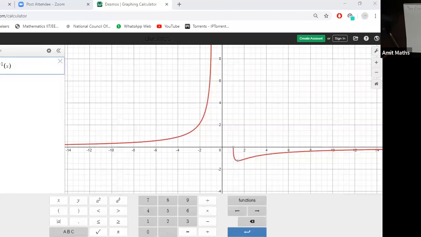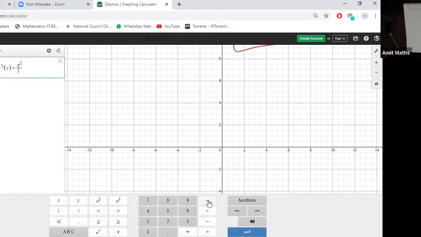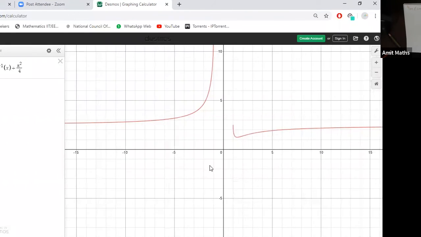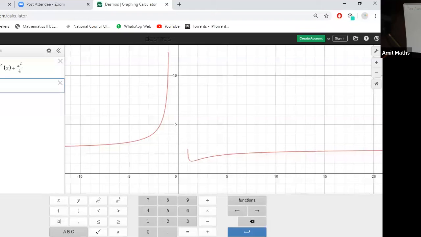See, the graph for the previous question. I had not written that pi square, let me write that also. So this is plus pi square divided by 4. Yes, so this is the graph which we are getting. Now see, this is not a quadratic expression. This is not a quadratic graph, right? A quadratic graph will be there only if, instead of sec inverse of x,